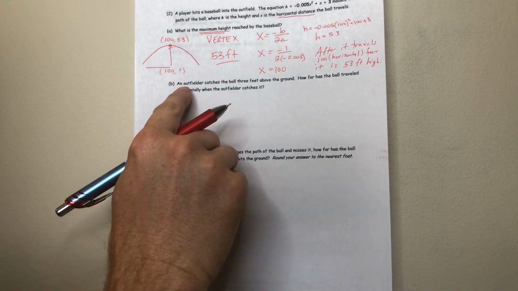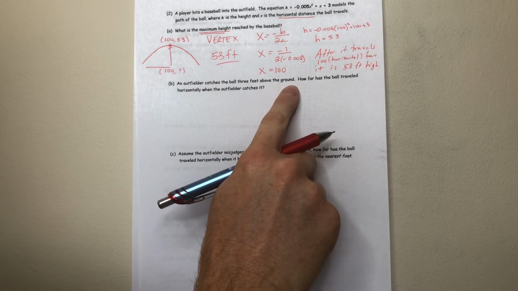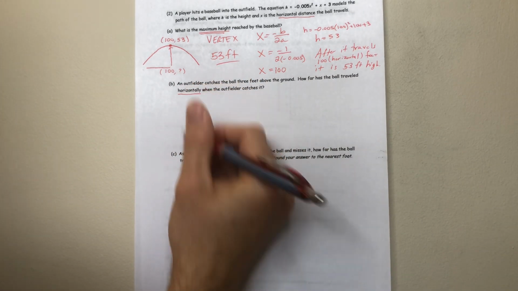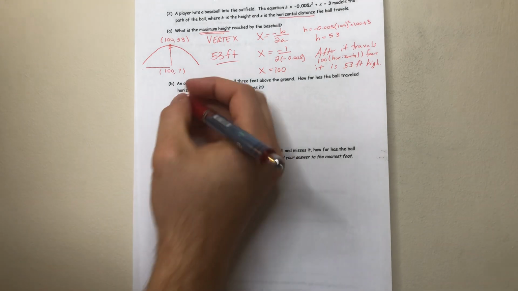All right. An outfielder catches the ball 3 feet above the ground. How far has the ball traveled horizontally? Horizontally. So that's going to be an x value, right? So that's our horizontal